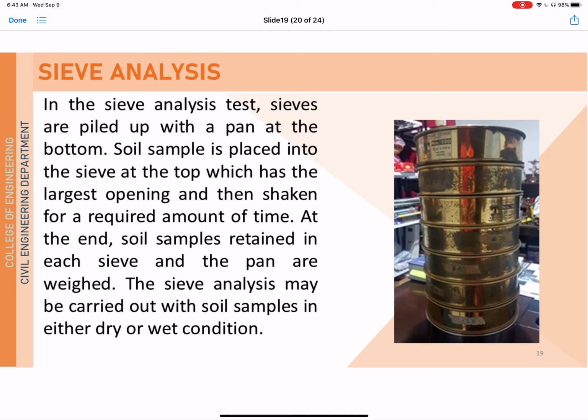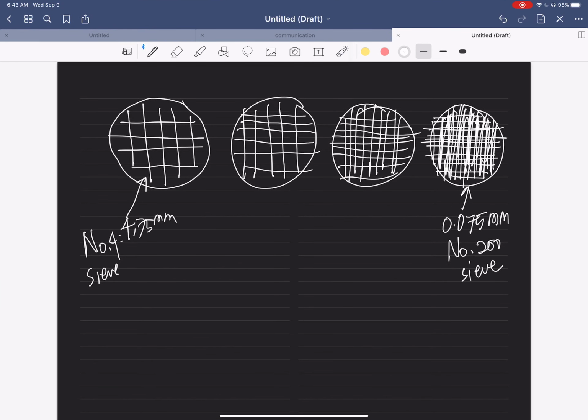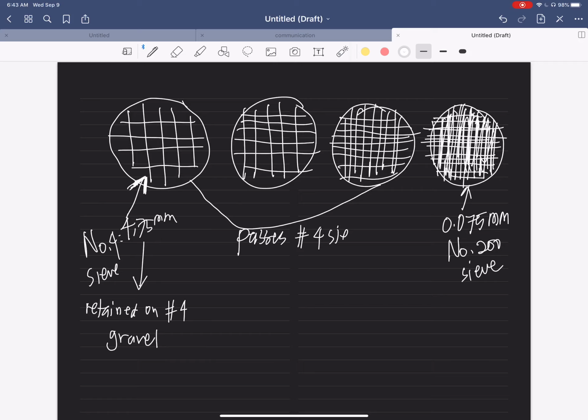Let me show you again. This one is 4.75, just to give you an idea. The soil that is retained on this sieve, retained on number 4, is considered gravel. Okay? And the soil that passes number 4 is considered sand, up to